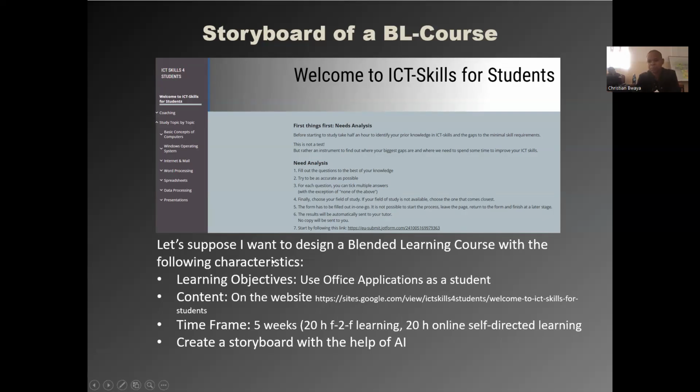But let's suppose I want to use these resources and I want to design a blended learning course with the following characteristics. I want them to learn how to use Office applications the way a student can use them in his or her work.